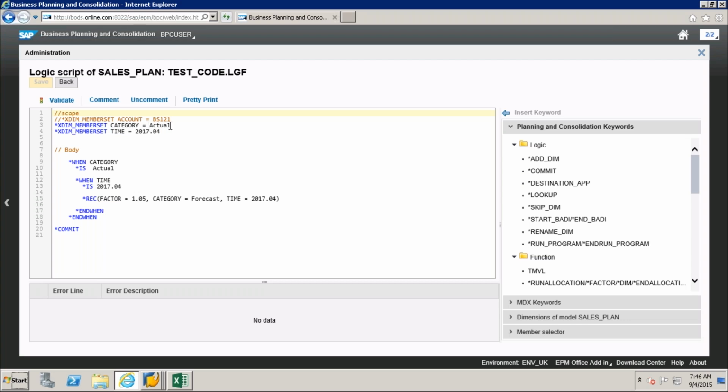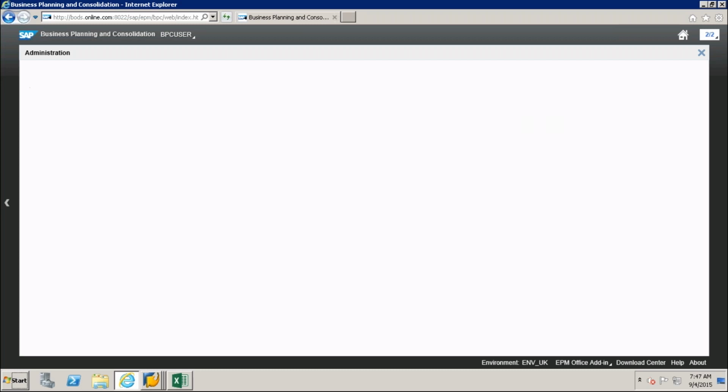And coming to here my actual, and this is for 5th month, and this is for 5th month, and this is 1.05 of category forecast, and this I will write 5th month as of now. Then after that we can go and do this one for other month. Save. So mine is saved.